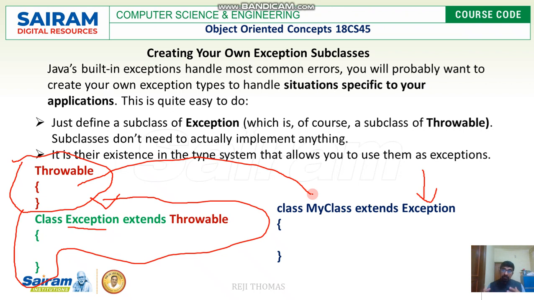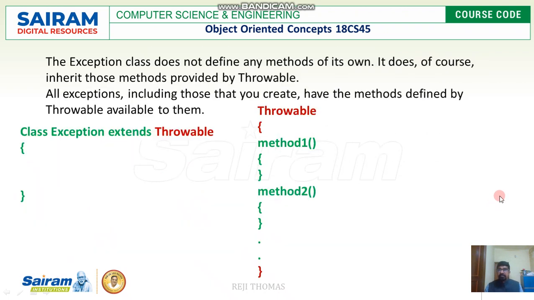So I can use all the methods from the Throwable class. Why? Because I've extended Exception, and Exception has extended the Throwable class. This is inbuilt. Whenever I want to create my own exception, I can just extend Exception. So let us see a program